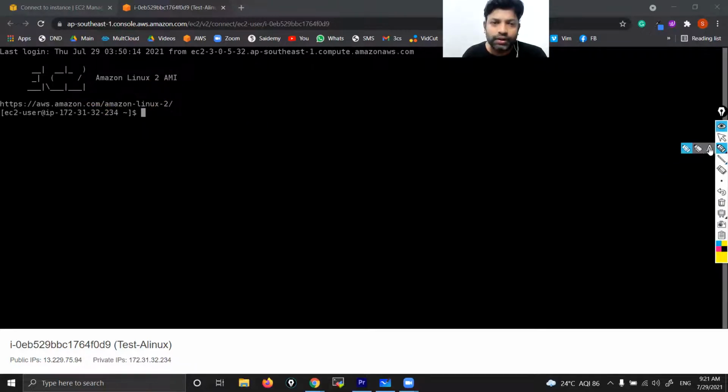And also, AWS is doing some R&D. This is not fully operational yet. They're actually working on it. That's why sometimes it works, sometimes it may not work. In future, after a couple of days, if you try to access, sometimes it may not work because AWS is working on it. So as of now, it is not so user friendly. That's why people are going for either PuTTYgen or MobaXterm. I'm going to explain MobaXterm in our upcoming classes. Let me just close it.